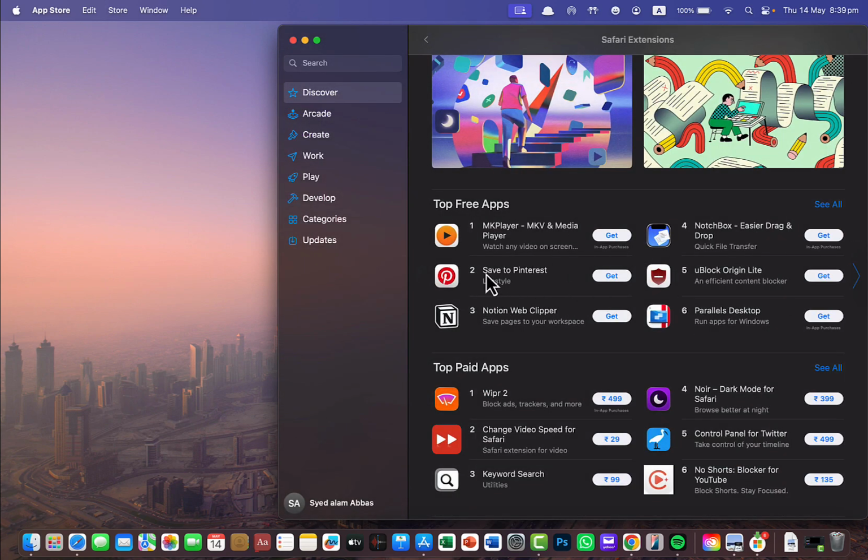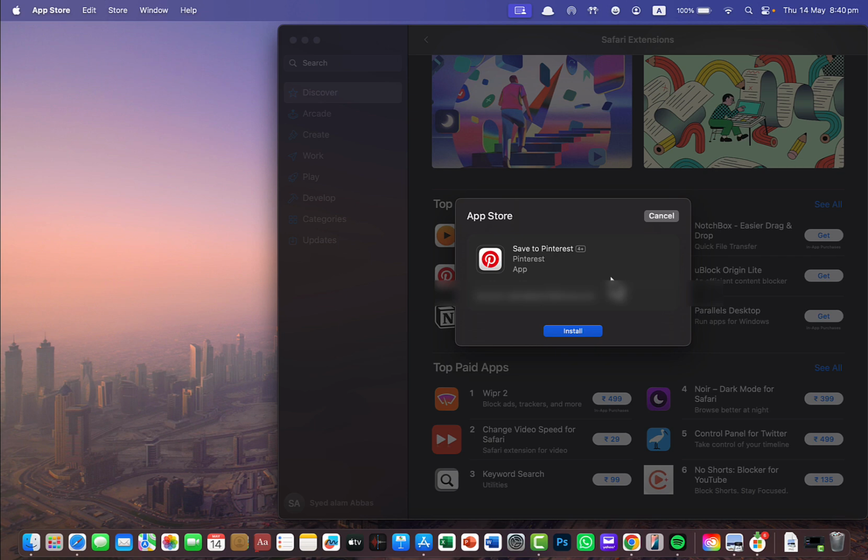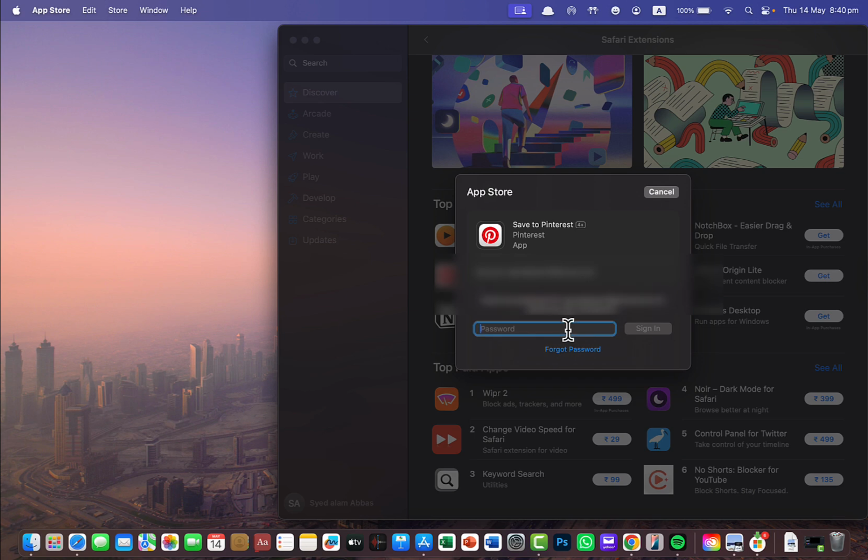So I'll go for this one, Save for Pinterest. I'll click on Get and then click on Install again. This might most probably ask you to enter the password for your account, or it might also authorize you using the Touch ID. So it depends. I'll click on Install and quickly enter the password for my account. There you go. Click on Sign In,